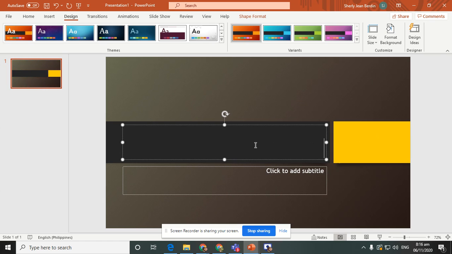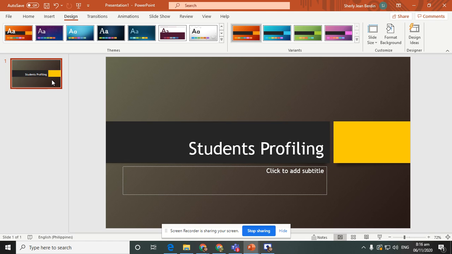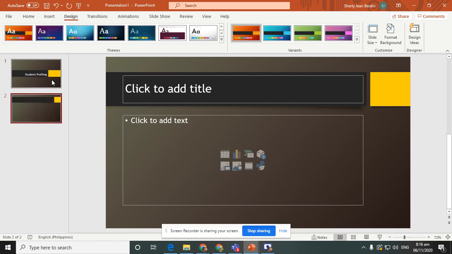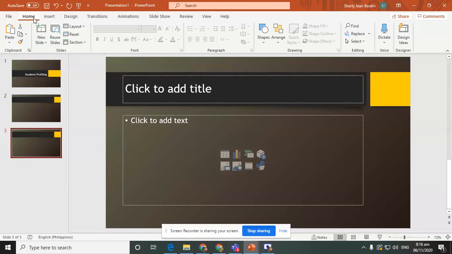Then right there, Students Profiling. Actually, you can use this template. I will upload this one on your drive, and then you start by clicking enter to add a new blank presentation, or you can go to Home and then click New Slide.